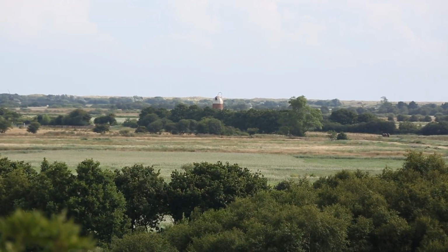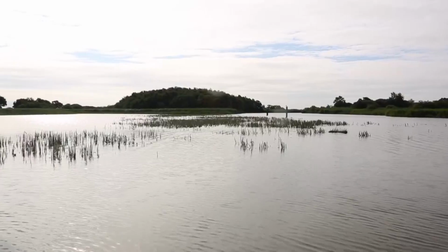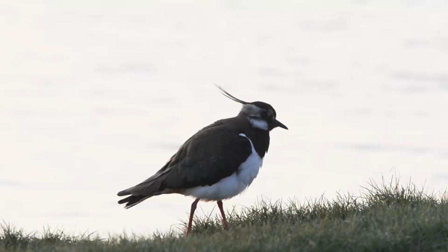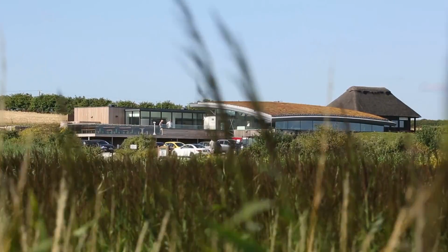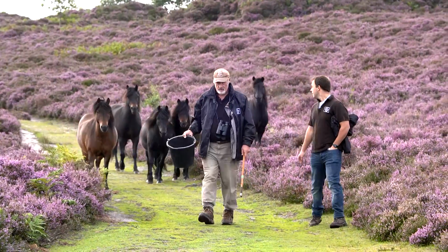Of all the counties of Britain, perhaps the most celebrated for its wildlife is Norfolk. From the Wash in the northwest to the Broads, from the North Norfolk coast to the Brecks, everywhere there is rare and special wildlife. And protecting it since 1926 is Norfolk Wildlife Trust, which today is engaged in a national